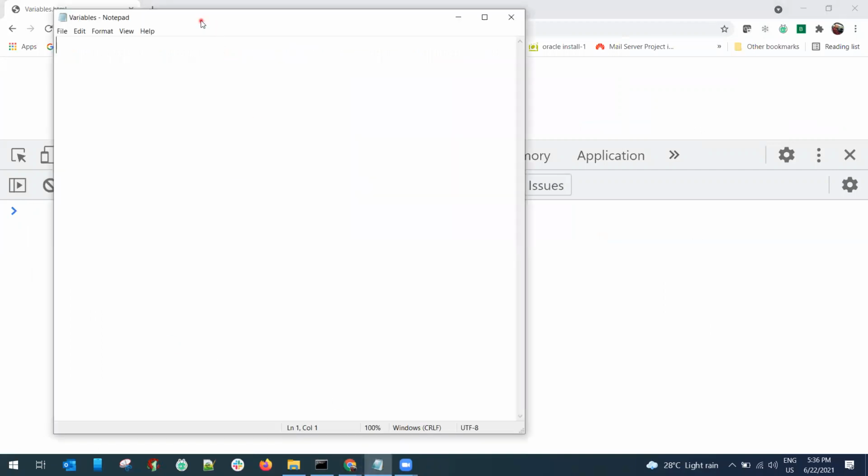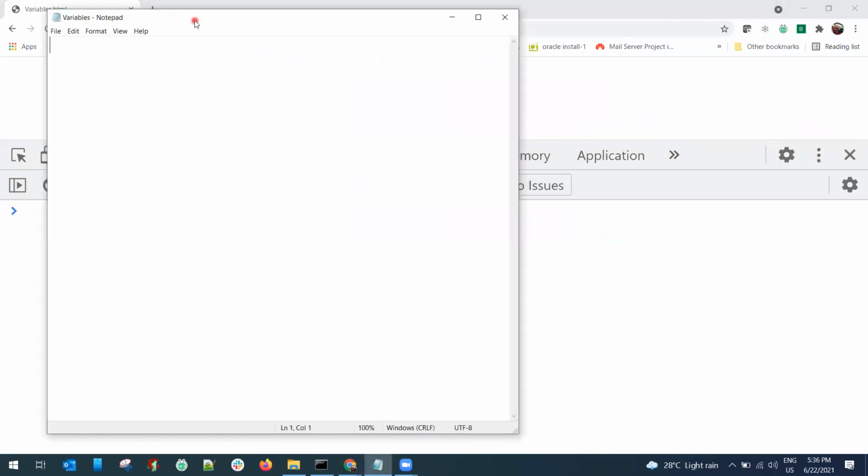Okay, what is a variable? Variable is a location in your program where you can store data. Very important point about variable in any language, they are volatile in nature.